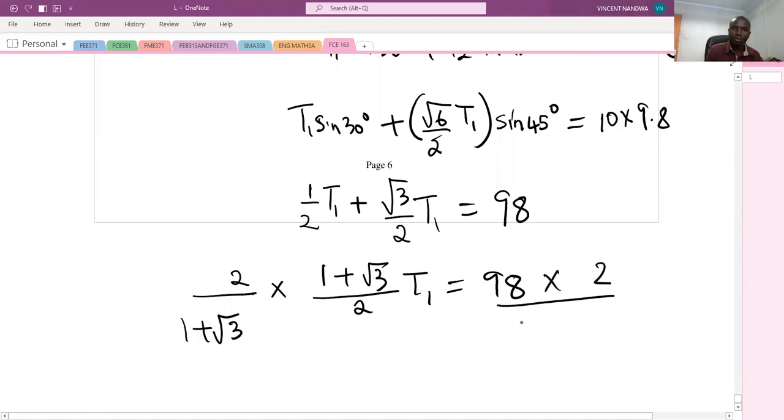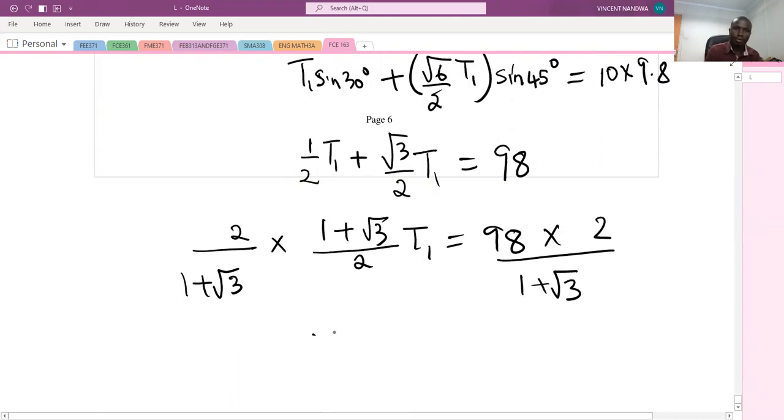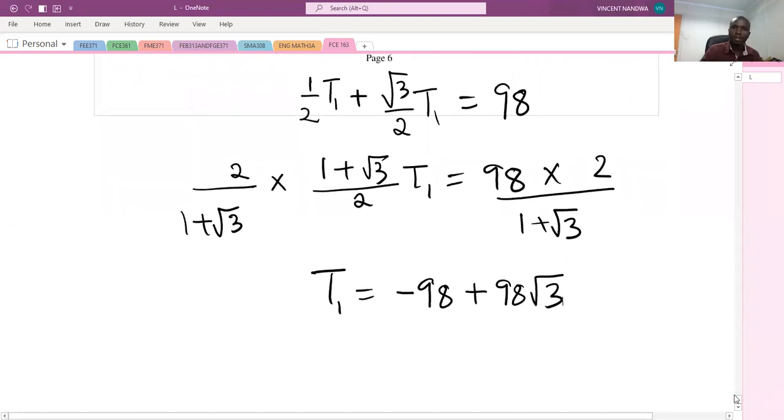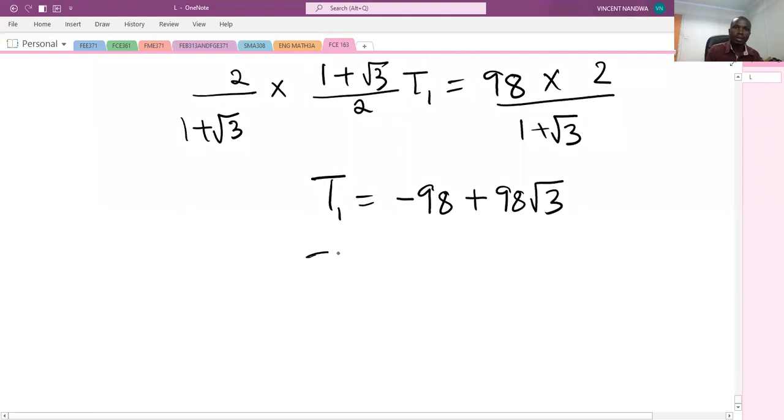So 98 divided by the answer, I get T1 is minus 98 plus 98 root 3. If you put it as a decimal, T1 will be